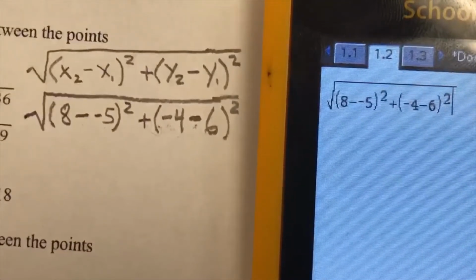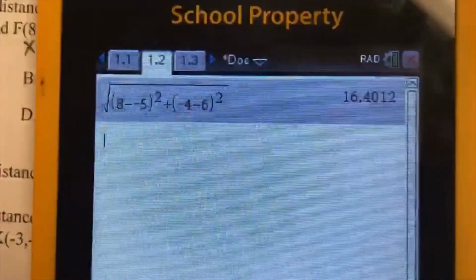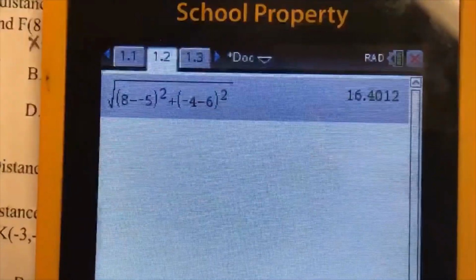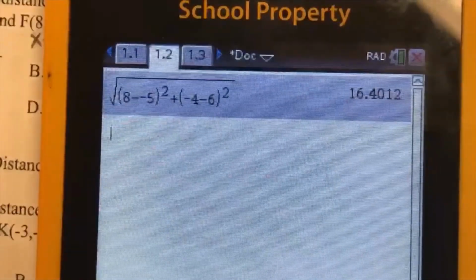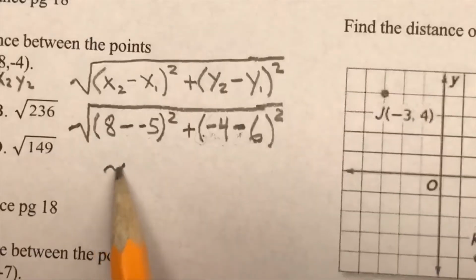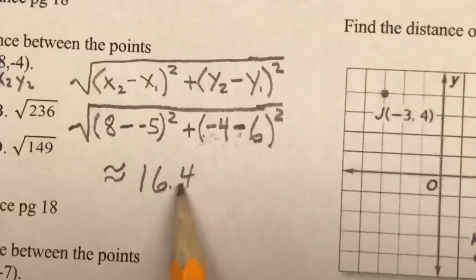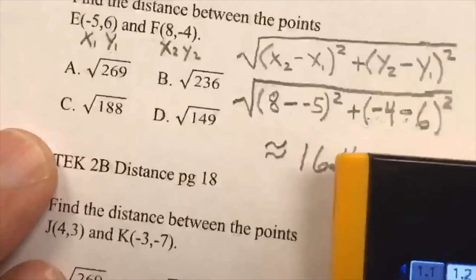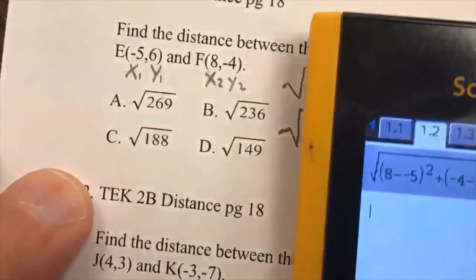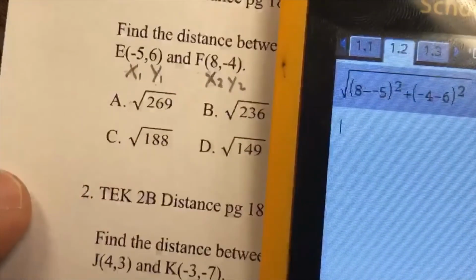Now let's press enter, and you should see 16.4, with a symbol for approximately, because I'm rounding. 16.4. You may think you're doing something wrong. No, you're not. You just got to come over here to your answer choices and convert each one of those to see what answer